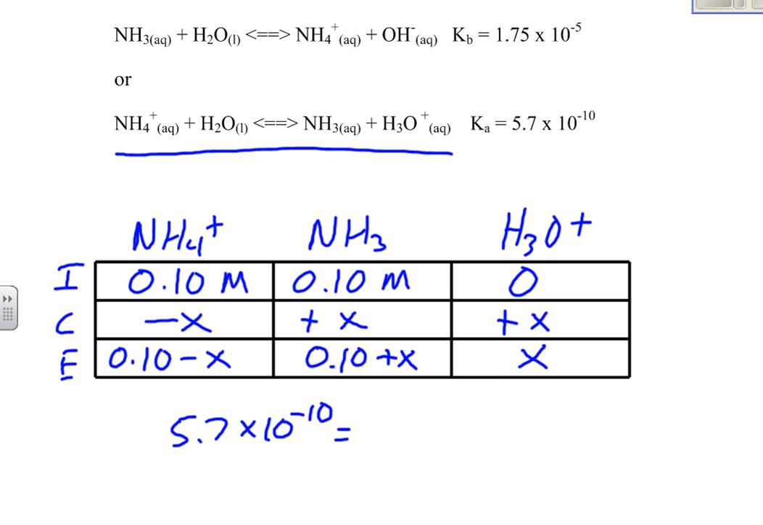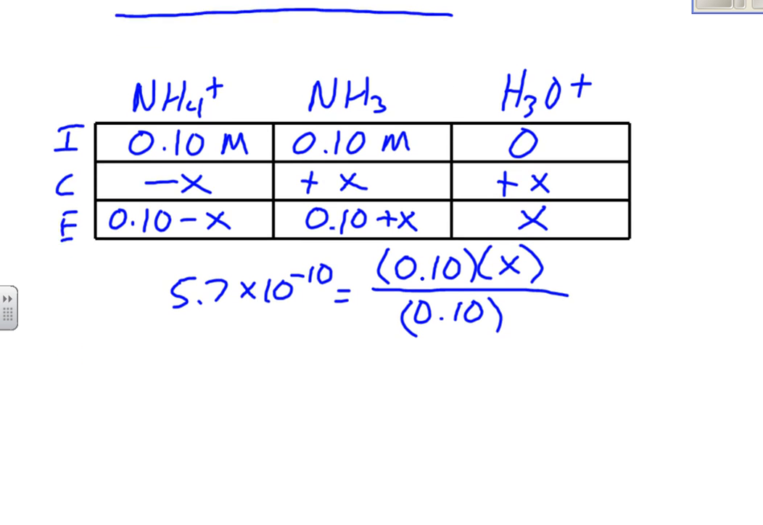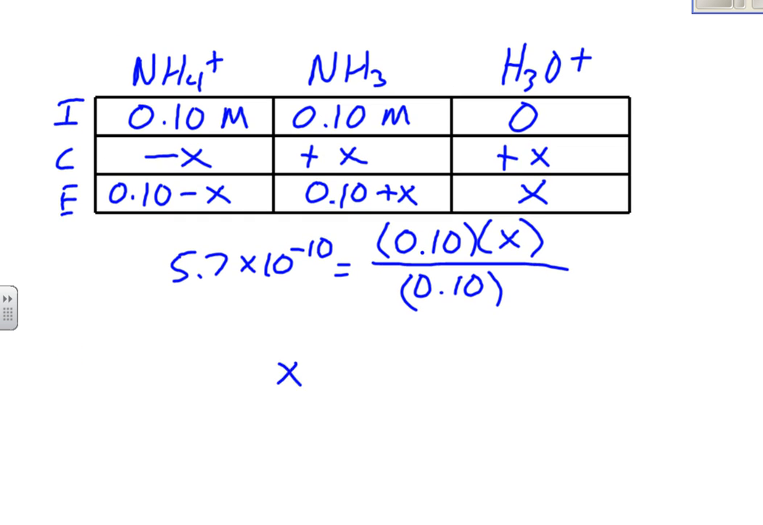now of course the Ka is very small here, and because we already have some of the ammonia on the product side, x is going to be very small here. So we can go ahead and drop that from the calculations, the minus x and plus x. Of course we can't drop the x for the hydronium ion concentration, that's what we're trying to find. So look at this, we get x being equal to 5.7 times 10 to the minus 10th